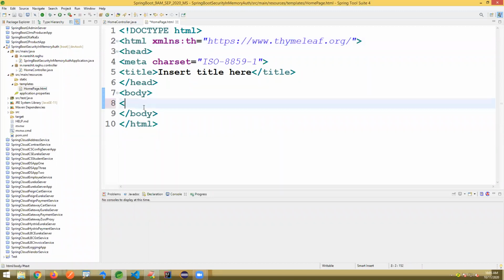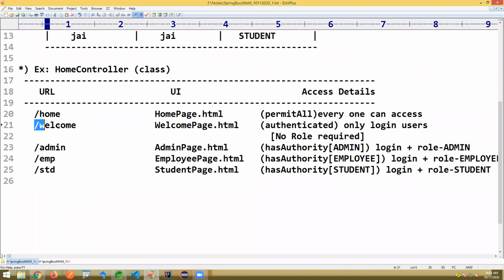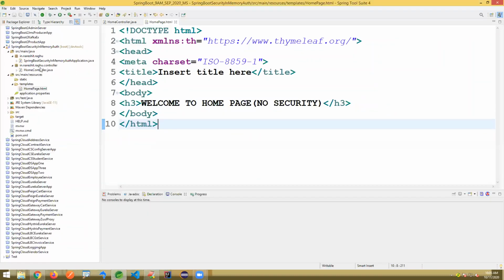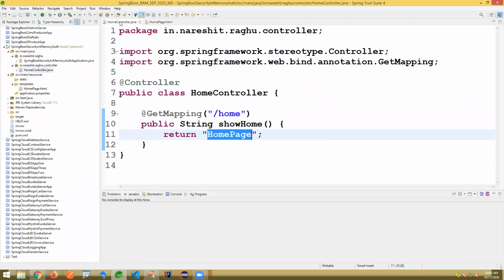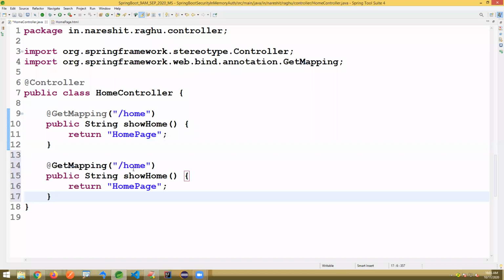I'm writing h3, welcome to home page. No security page, everyone can access. In a similar way, I'm writing /welcome also. It's a GetMapping.